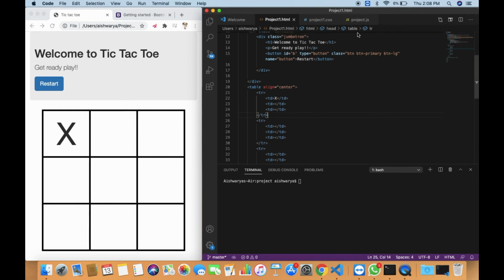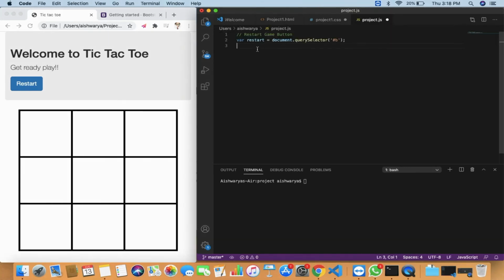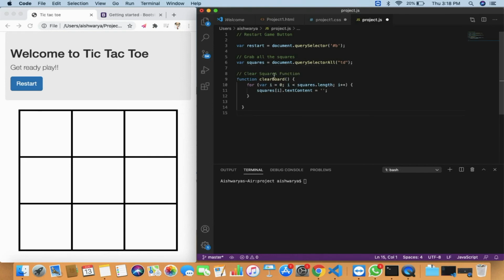For this we will go ahead to our .js file. Here we need to first work on the restart button. We will declare a variable with document.querySelector by adding the id b. Next we will grab all the squares by declaring a variable squares with document.querySelectorAll using the td selector.